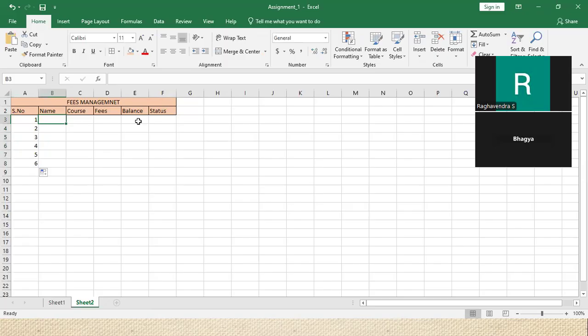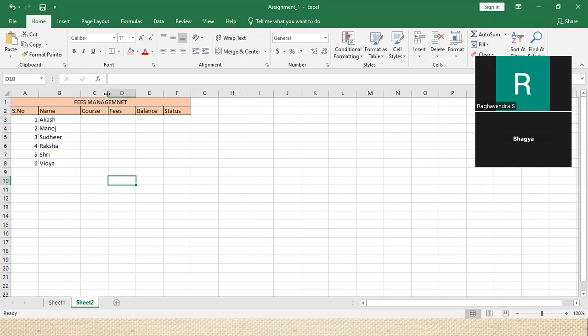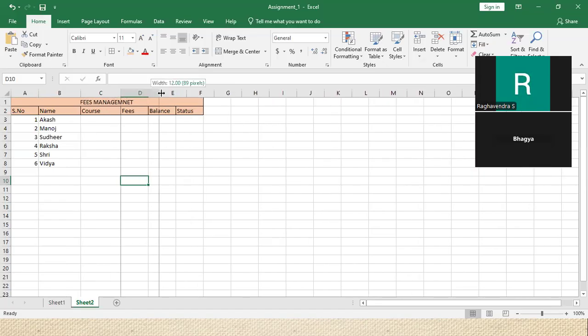That is the one point where I'm going to take the name of a student. Akash, Manoj, Sudhir, Raksha, Shri, Vidya. So assume that these students are there. They have